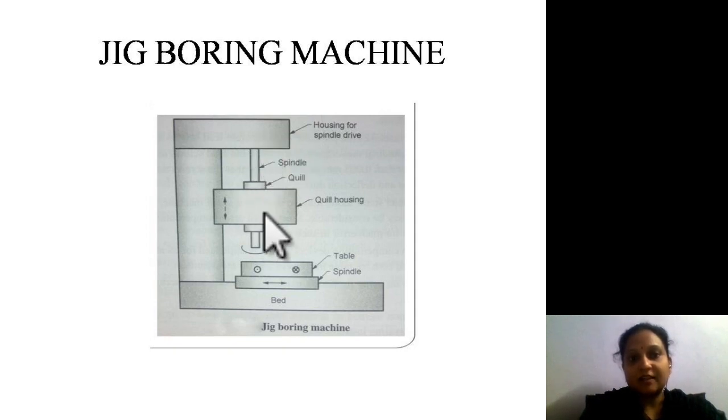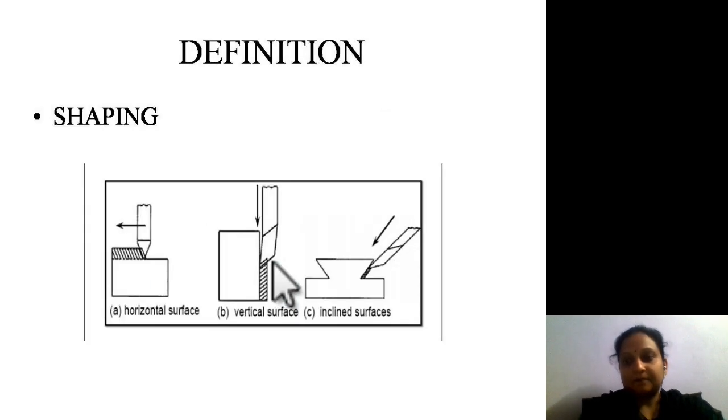It means whatever operations or feed you want to give will be controlled here in the housing. Based upon the inputs which we give here, the operations will take place. The spindle will rotate, the workpiece will be placed over the table, and based upon the tool that you select and the feed, speed and depth of cut which you give, the operation will take place and you will get the required hole.